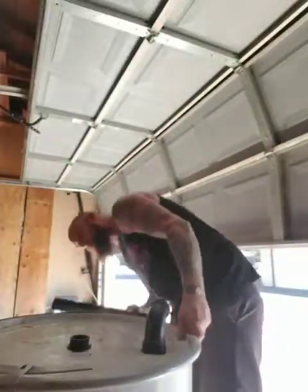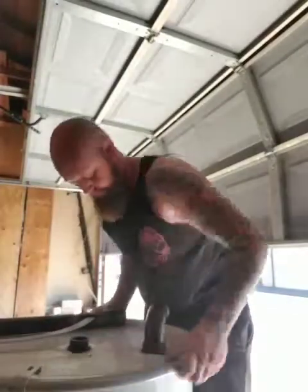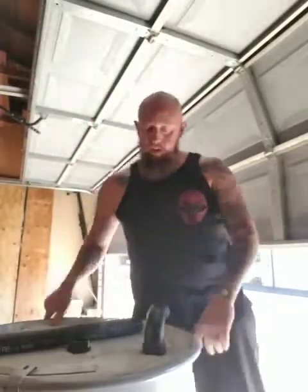Snap it into place. Oh, it's not on there. It helps if it's on there, right? All right, there it goes. All right, so it's nice and secure. Then what we're going to do,